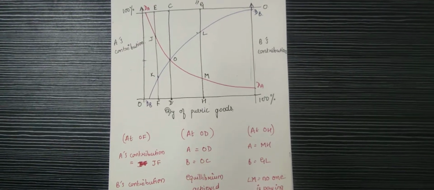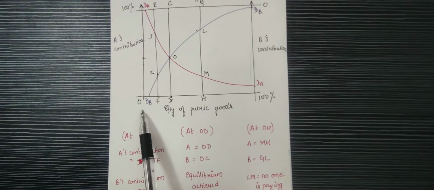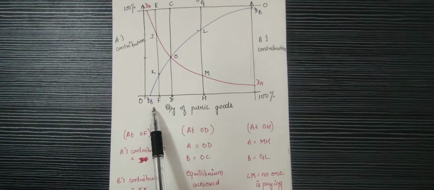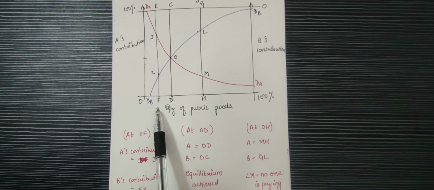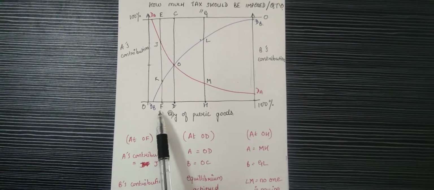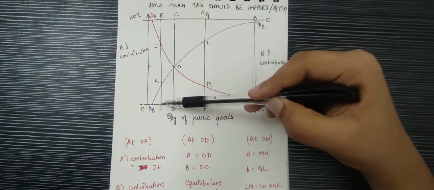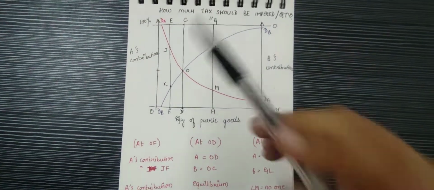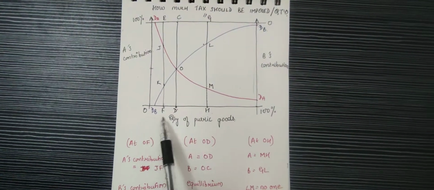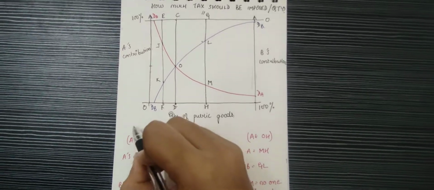now let's take the first case. We have OF. Okay, now suppose government is deciding to provide OF public goods, OF amount or quantity of public goods, and the tax or the revenue that is needed to provide this much goods is EF. Okay, so this much is the total tax collection that is needed to produce this much quantity, OF quantity. At this, let's say this is case 1. Okay,